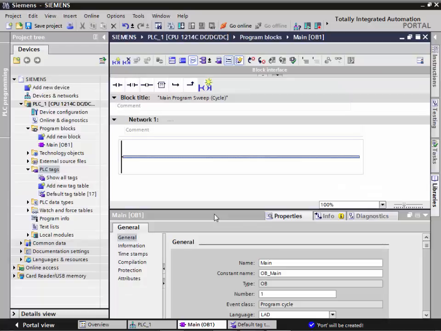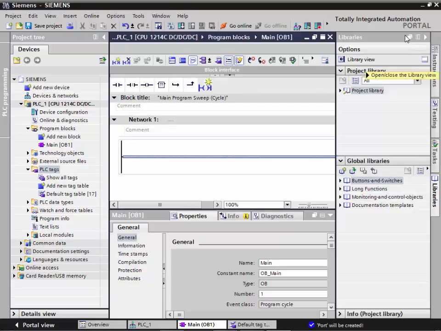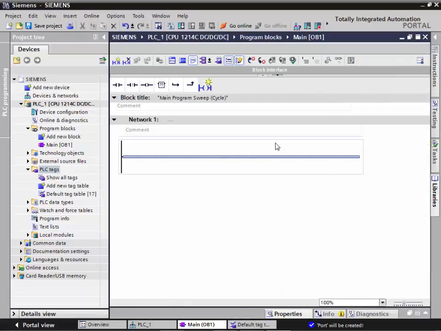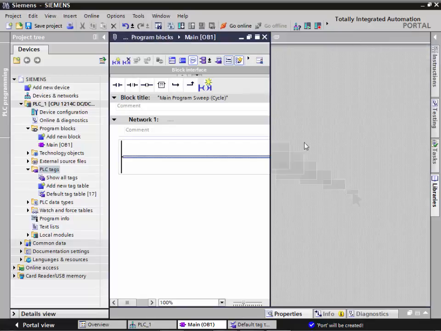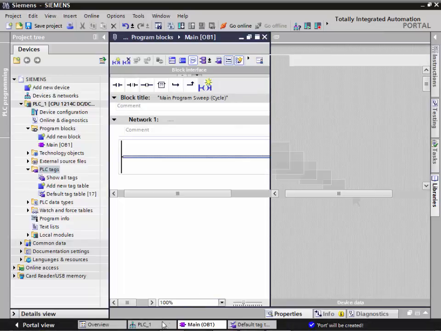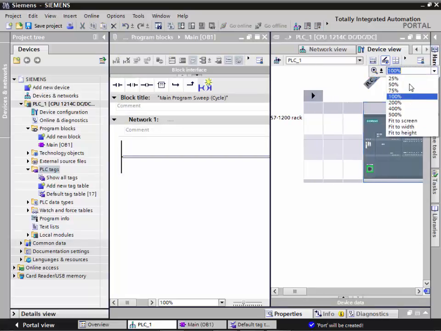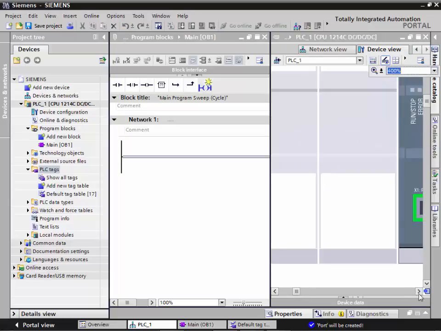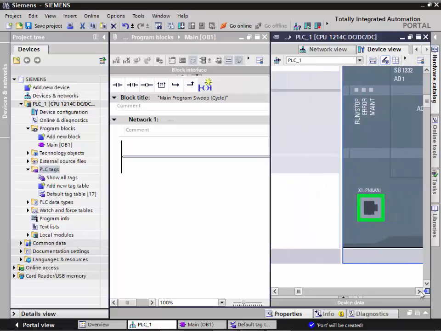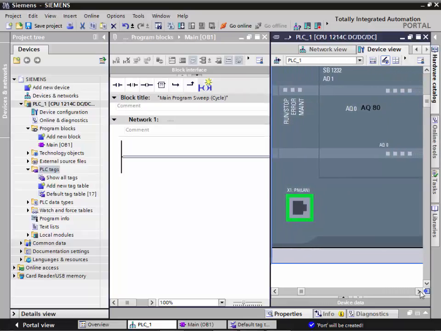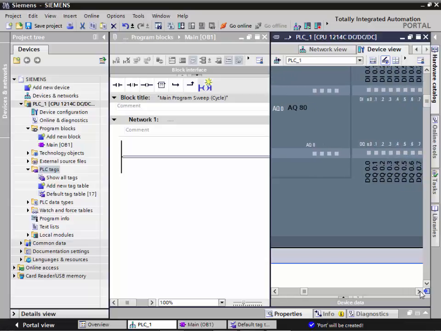Allen-Bradley's playing catch up, as this is really a Windows based opportunity in terms of programming. We can do a split in a window, we can configure this window the way we want. We can go up top and do a split screen. I can take PLC 1. Now I'm looking at the PLC as well as the ladder logic. I can move that over. I can change to 400%. At 400%, I'm looking right at the PLC faceplate,